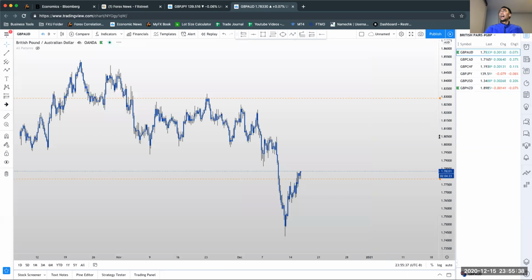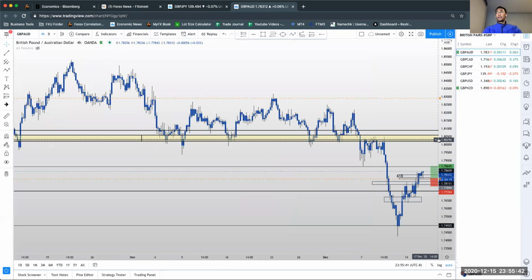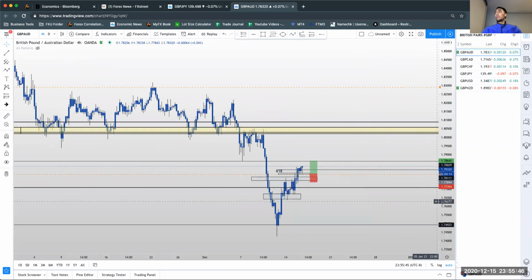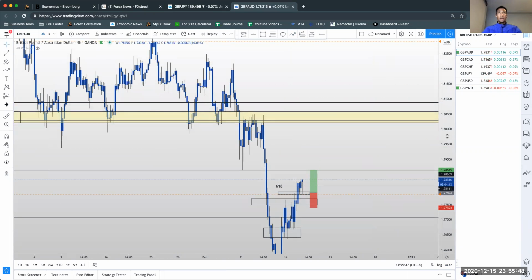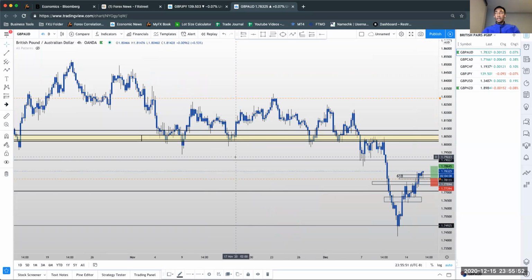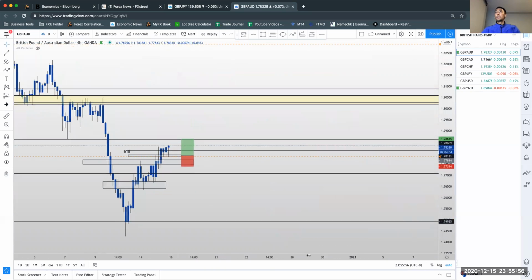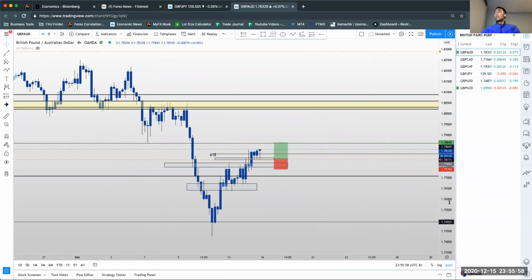G pairs, I only had 2 of them marked up, and actually GA's starting to move already. So I'm staying in the 4-hour because the daily, I mean, we don't really need to play in the daily right now. Feel free to interject, guys, if you have any questions. Right here, so